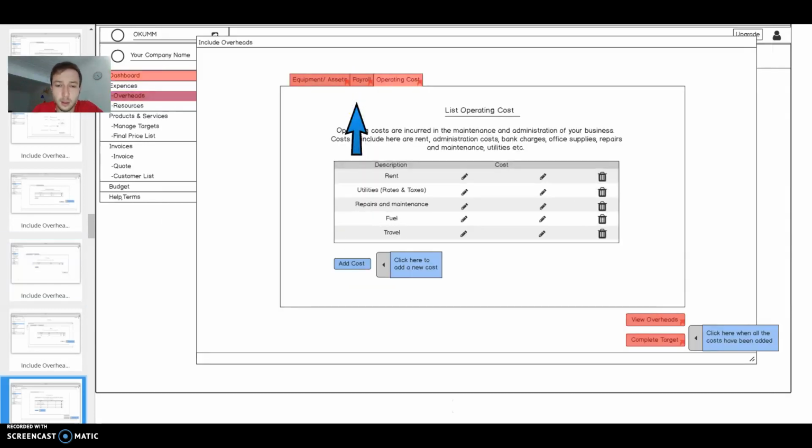Then you have your operating cost. This is just the rent, utilities, and all of that stuff. So I'll try and create a pre-populated list of this that people can just fill in or delete if it's not applicable, and they can add. If you click on add here, it just opens up a new line. Okay. So then